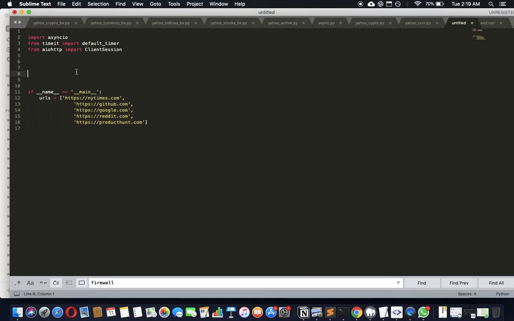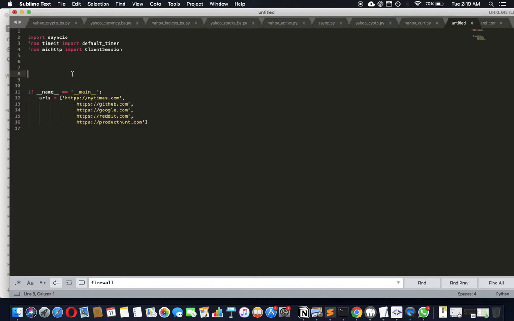To help us understand this, we're going to use the default timer to measure how long it will take, and to see if it's actually doing it simultaneously or not. So before we get into it, we have to understand this. The simplest way to do this would be to simply use some sort of